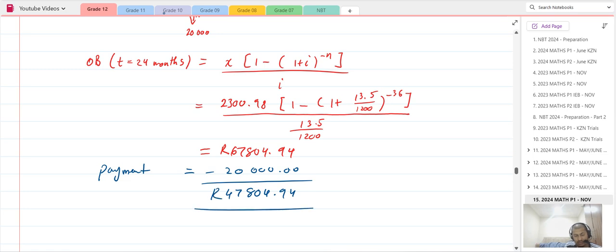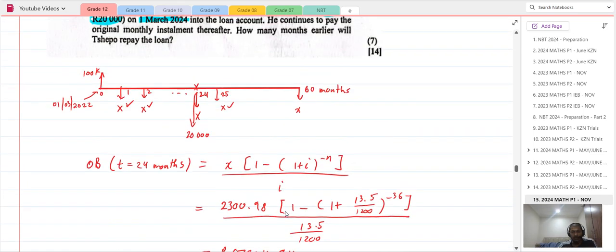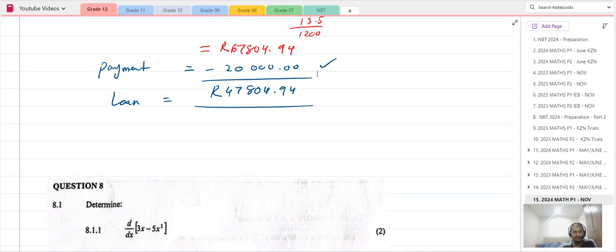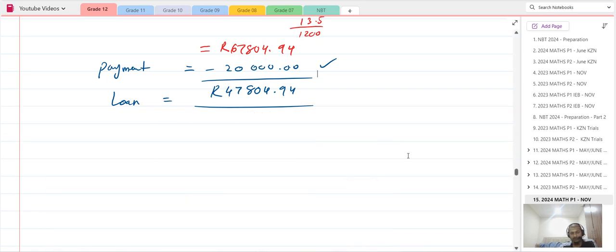That's the loan amount that you have left because you paid an additional 20,000. Now we need to calculate for n. Still have to pay off for 36 months left. So we have 47,804.94 is equal to x, which is